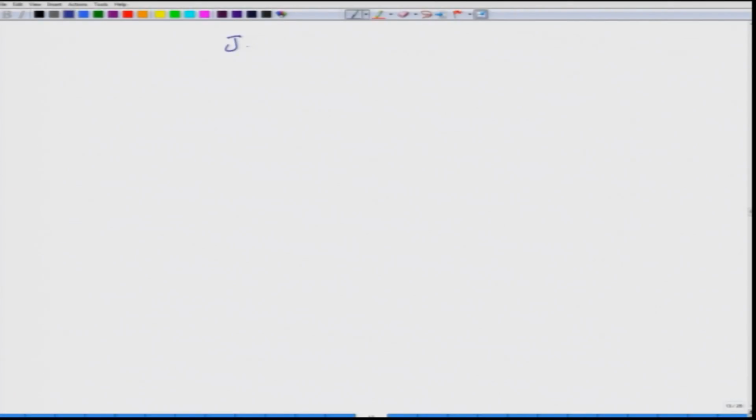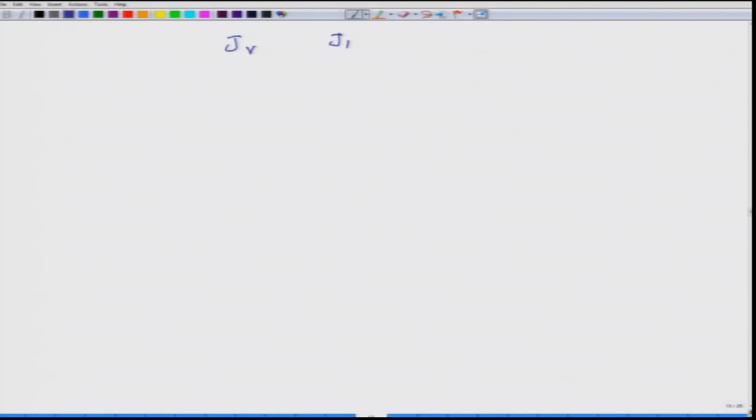Now, we will have also vacancies there, we will also have A atoms moving, we will also have B atoms moving. So, what should be the relation between J V, J A and J B? There are basically three entities now in terms of flux. And the simple relation that you have is that J A plus J B plus J V is equal to 0, which means that if two are moving in one direction, the third is moving in the opposite direction. That is what it means, and this is again coming from the principle of conservation of concentration.